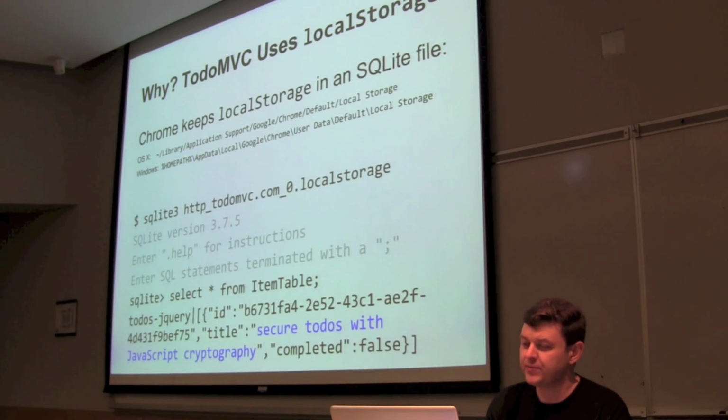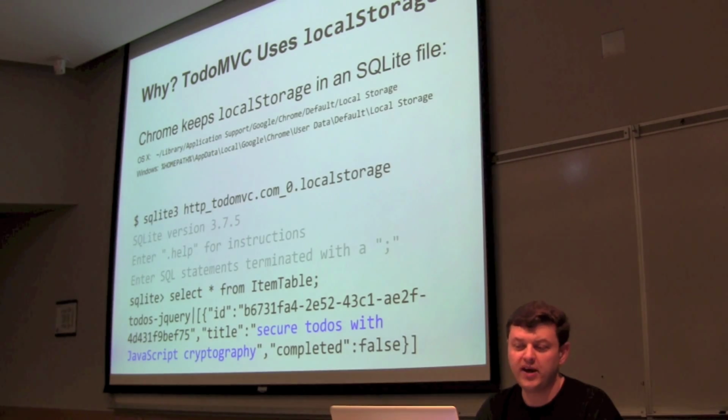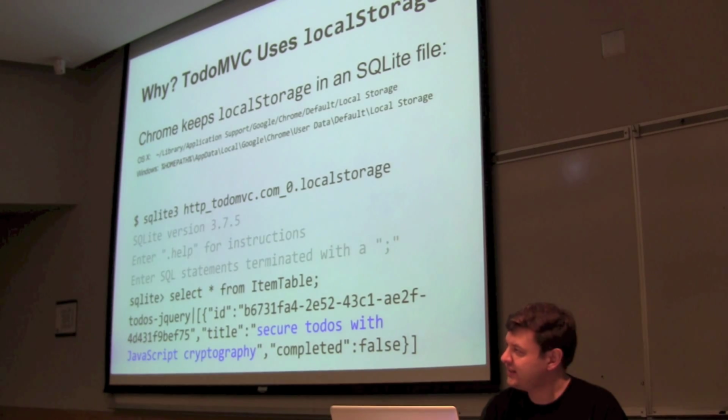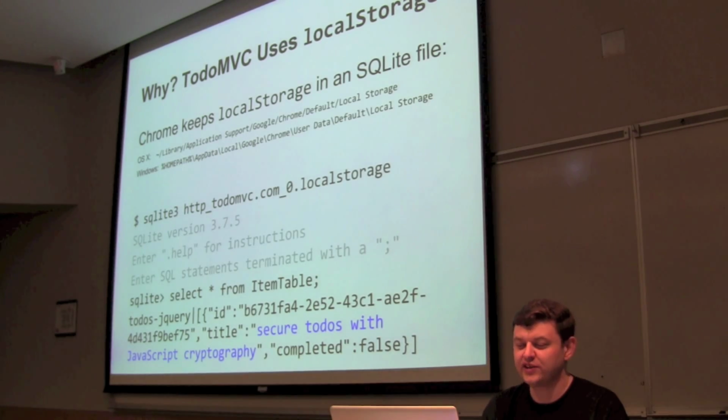And Chrome keeps that local storage stuff in an SQLite file on the file system. If you look at, here's the locations here for the Mac and for Windows where that's stored. So if you want to look what's in that file, or if you had some malware on your computer looking for what's in your files, you can literally just go to that directory,